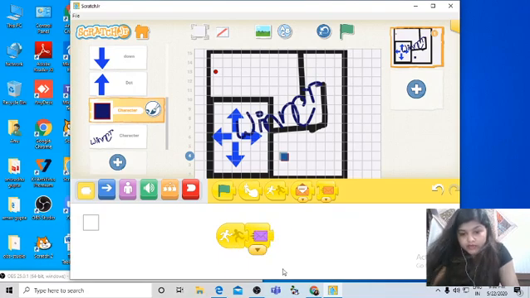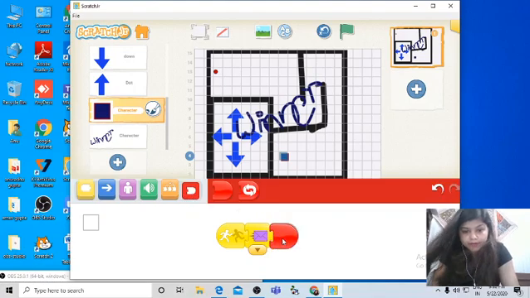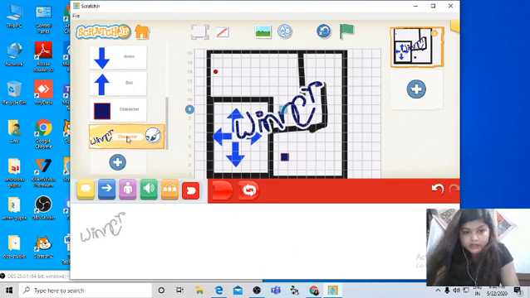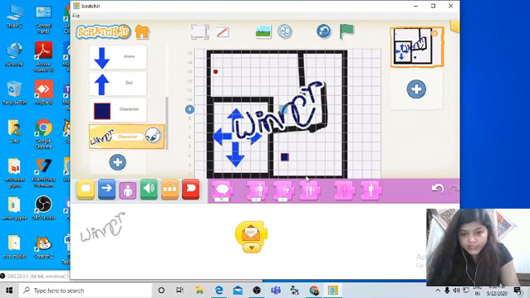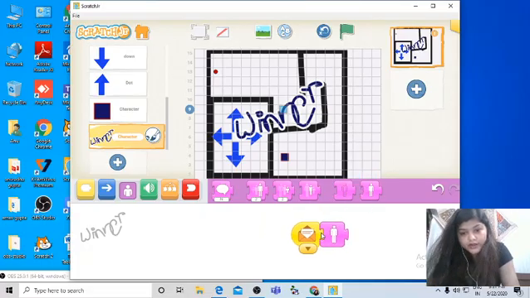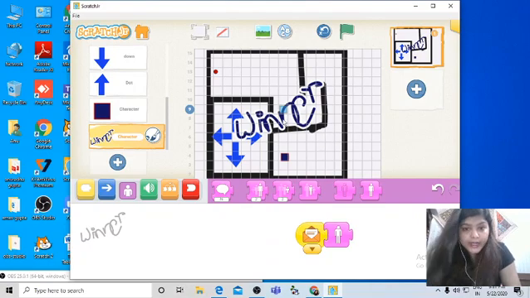So I'm taking this color, purple color, and when this receives the purple color signal, it will appear. So we have show block and hide block. So it will show. It's already here, so we need to hide that.